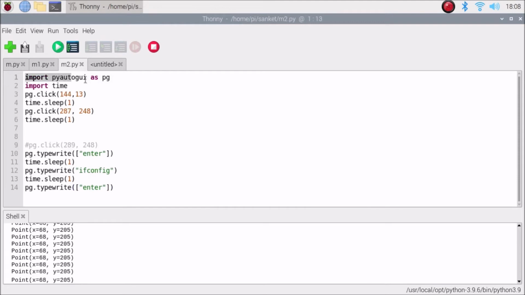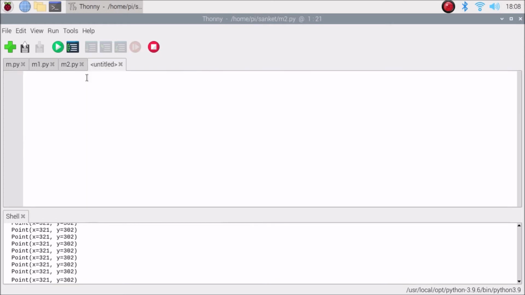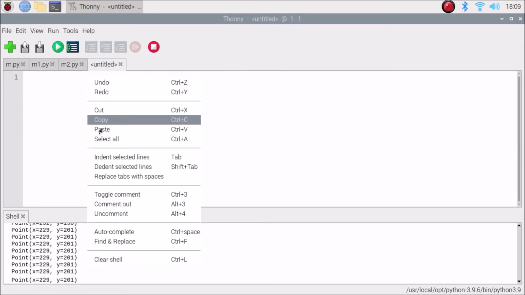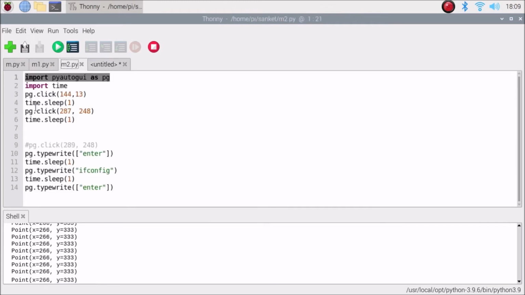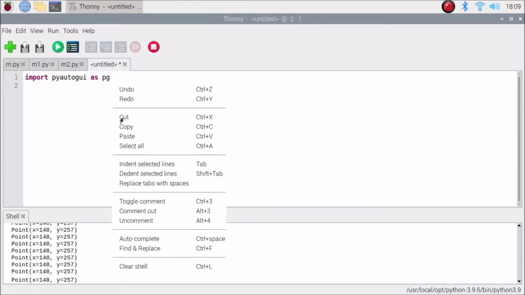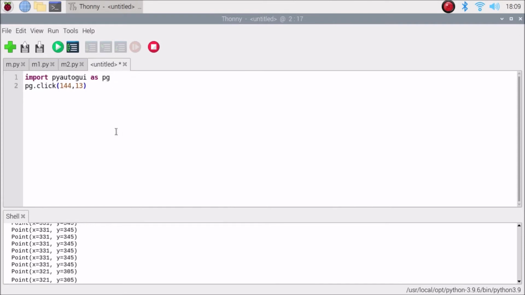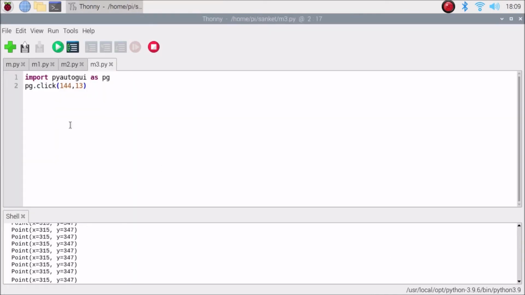So import pyautogui as pg, copy it, open the file, paste it here, hit enter, and then pg.click, copy it, go here, paste. That's it. So I'm going to save the file, and this time m3.py. Okay, that's it. We have now the file.